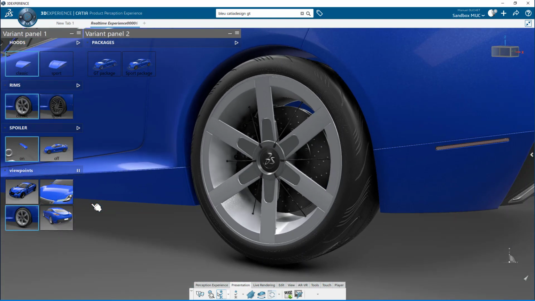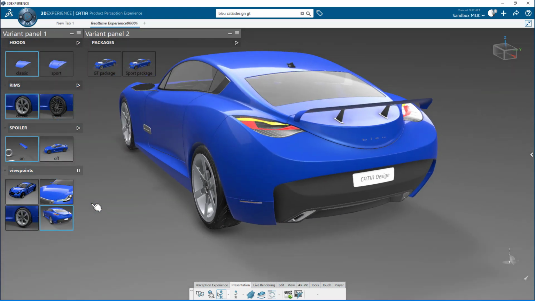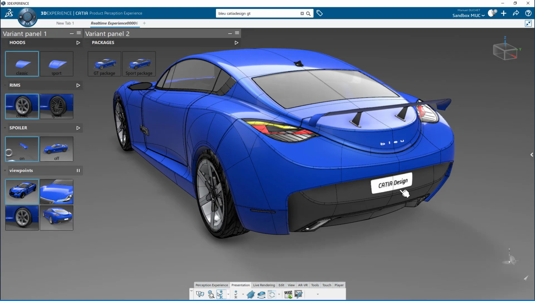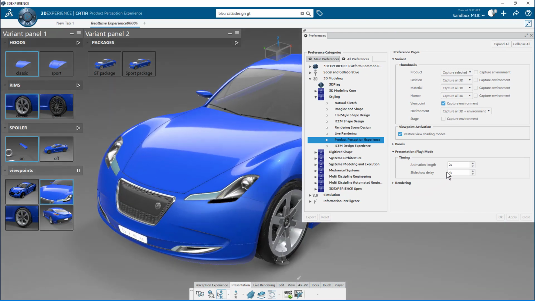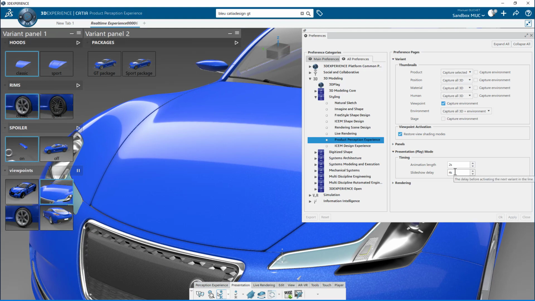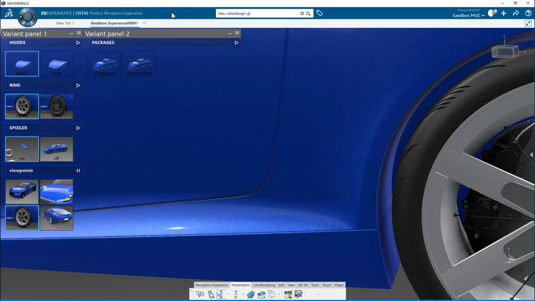There is a default delay for the animation and a default delay to spend on each variant. These delays are available in the preferences panel. We see the defaults here: 2 seconds for animation, 4 seconds spent on a given variant.